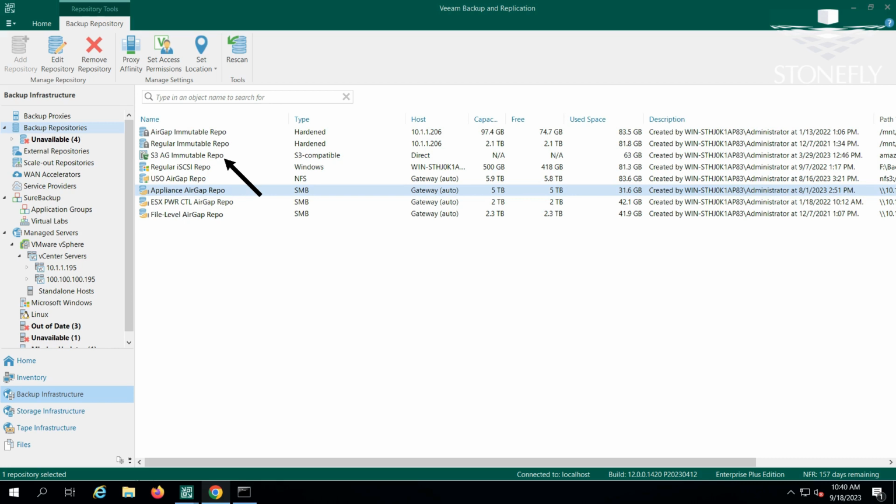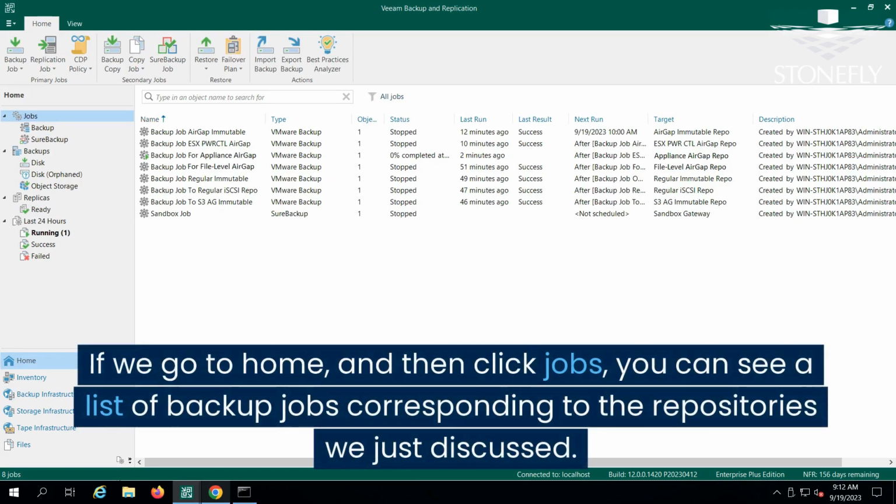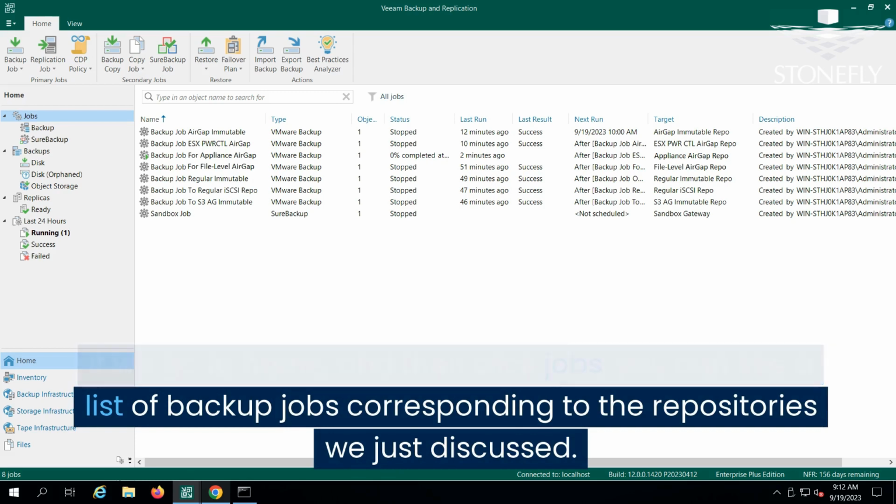With StoneFly's S3 integration, you can leverage both air-gapped and immutable capabilities within an object storage environment. That means it is both isolated and unplugged, and the data stored in it cannot be edited, modified, or deleted for a set retention period. Lastly, we have an appliance-level repository that's not immutable, but it is air-gapped. If we go to Home, and then click Jobs, you can see a list of backup jobs corresponding to the